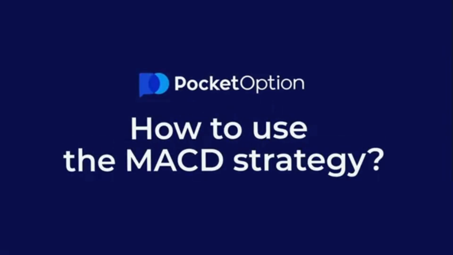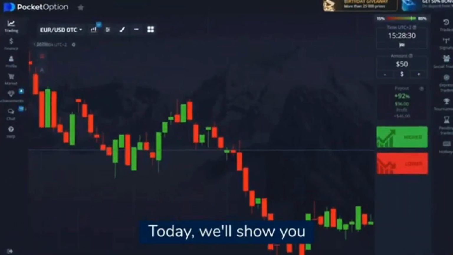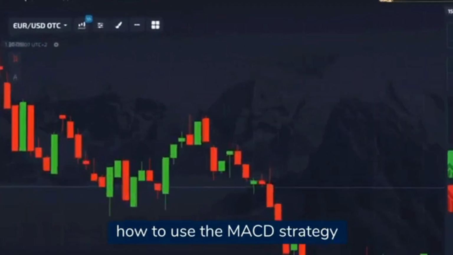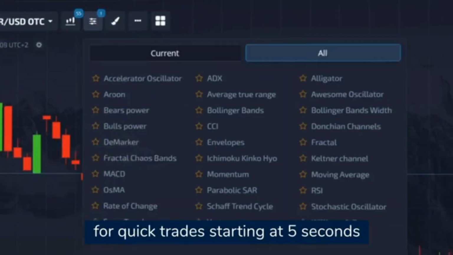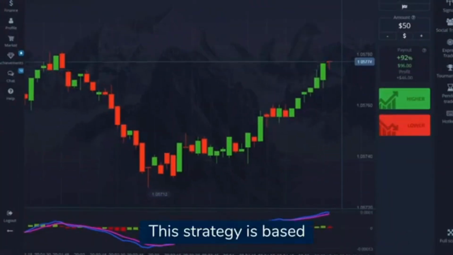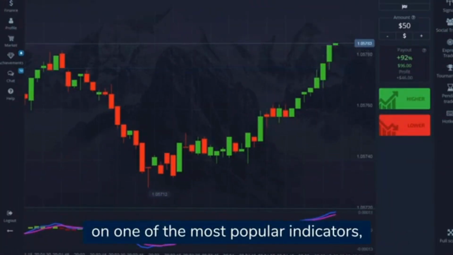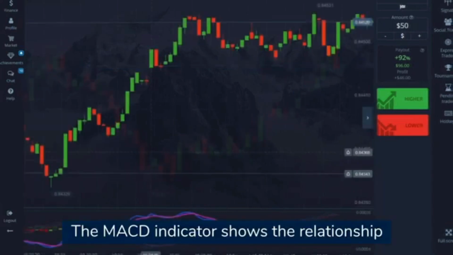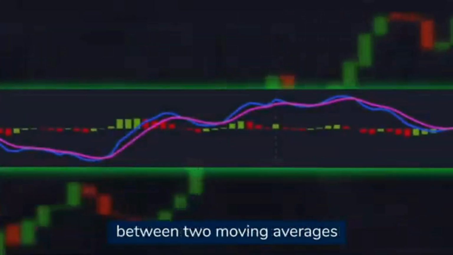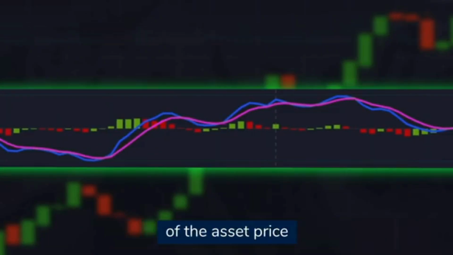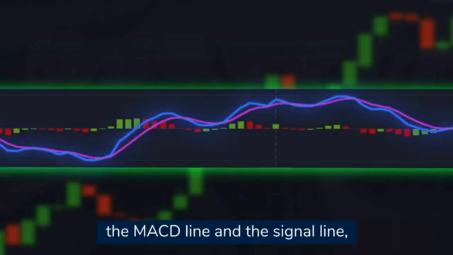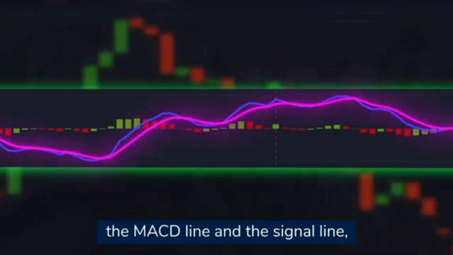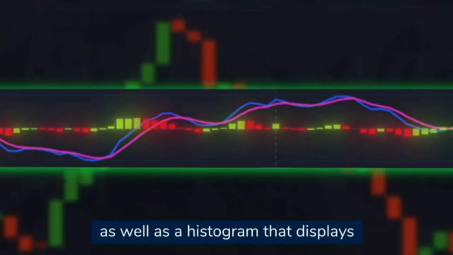How to use the MACD strategy. Today, we'll show you how to use the MACD strategy for quick trades starting at 5 seconds. This strategy is based on one of the most popular indicators, the MACD, or Moving Average Convergence Divergence. The MACD indicator shows the relationship between 2 moving averages of the asset price. It consists of 2 lines, the MACD line and the signal line, as well as a histogram that displays the